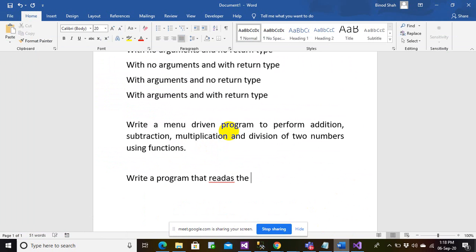Write a program that reads and returns the percentage.